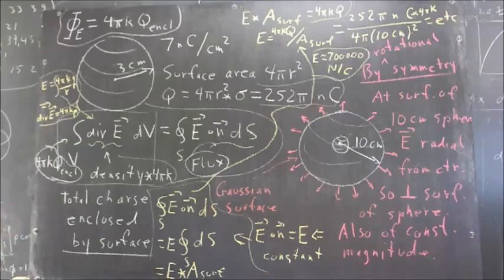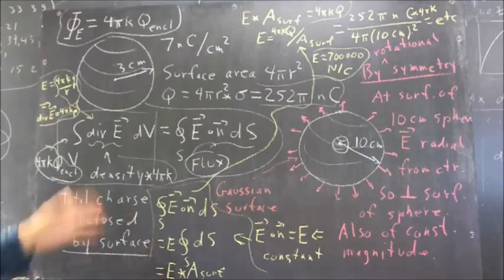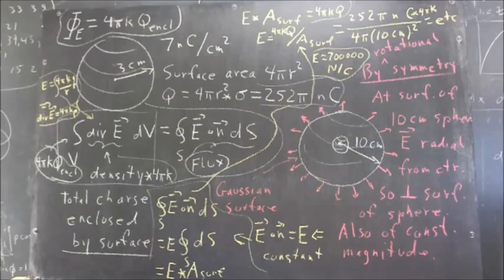On this board, the error was, and I pointed out the fact that there's an error, is simply that I didn't include the factor 4 pi k in the divergence of the electric field. You can see the video to see how that works out. But the electric field being the integral of 4 pi k q over r, the divergence of the electric field would be 4 pi k times the rho, the density of the charge. And then this here would be 4 pi k times the enclosed charge,